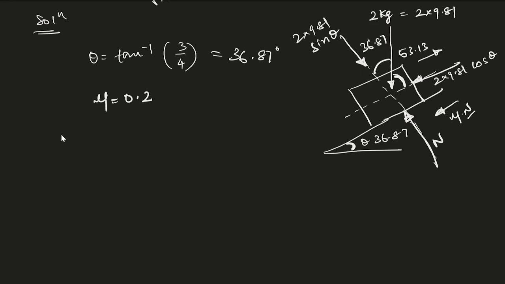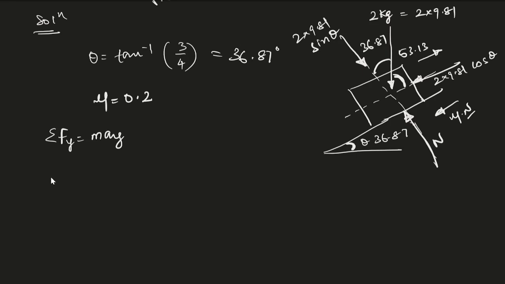Since the normal is in the vertical direction, I can take the equation of Newton's second law, that is F of y is equal to m into ay. We know that the box is moving in the horizontal direction, not in the vertical direction. So ay will become 0. So in F of y, all the